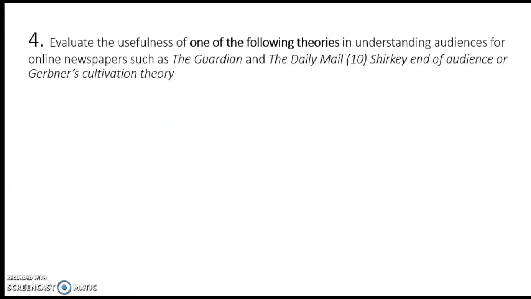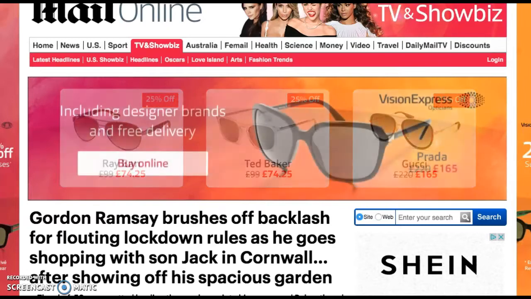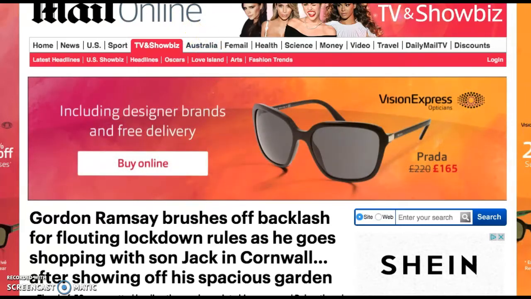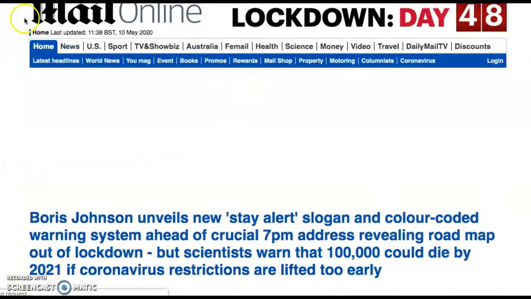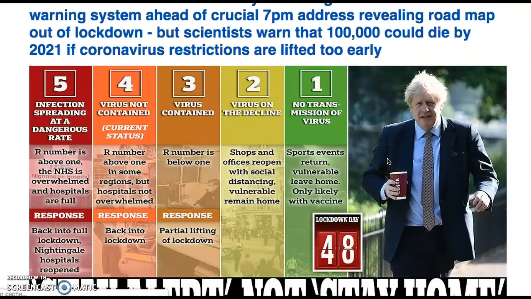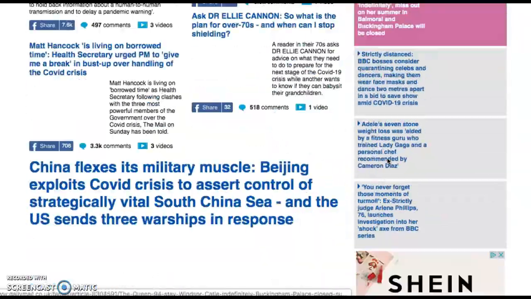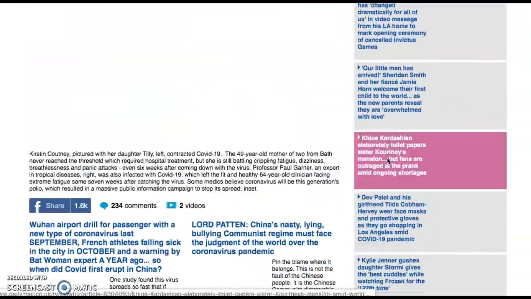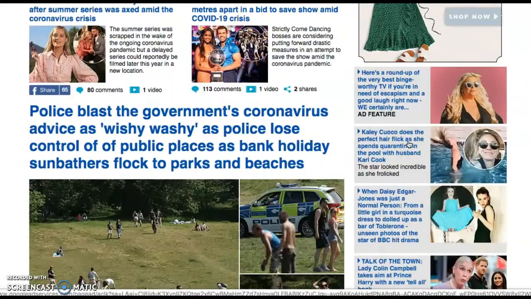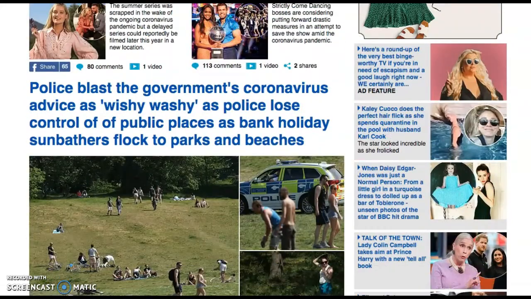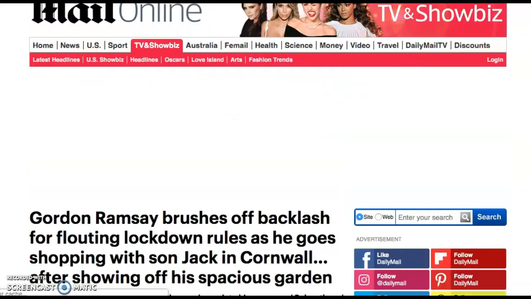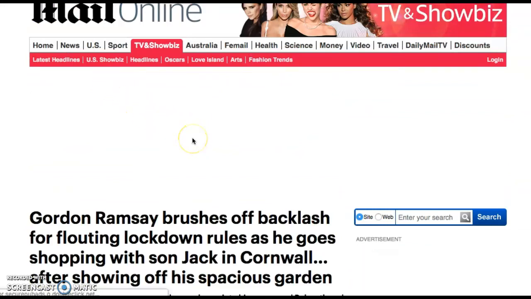Okay, so back to the question. This is a case study question, so you do need to make specific references to The Guardian and the Daily Mail. So we go back to our home pages here, and what's on the front page of the Daily Mail online will be different to the one that you have in front of you depending on when you're doing this. I've just chosen a story pretty much at random from the right hand side here. I could have picked any one, but I just wanted to show you this one, which you can have a look at yourself. This is about Gordon Ramsay,